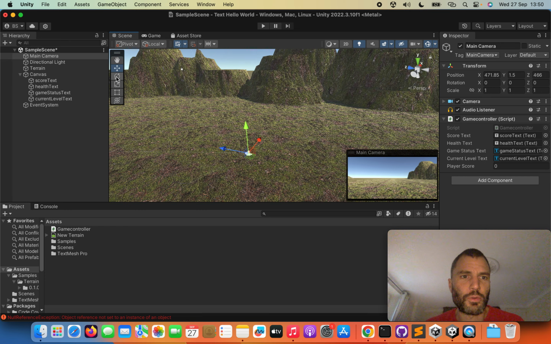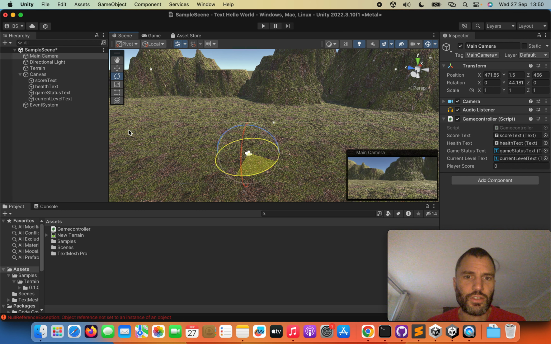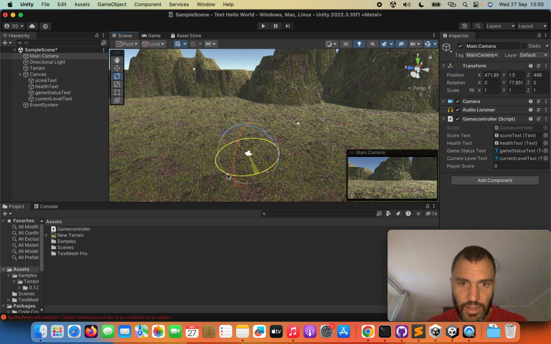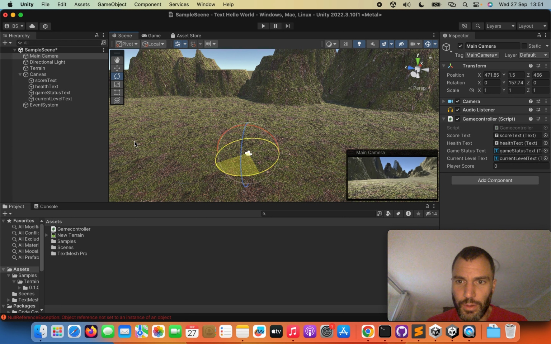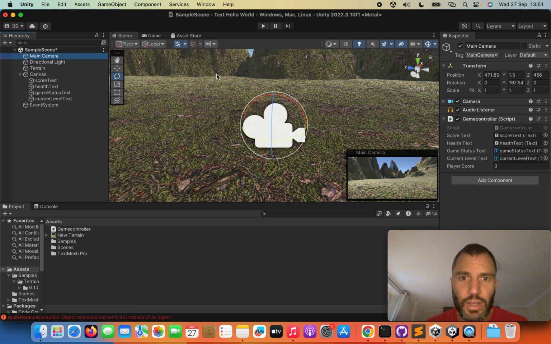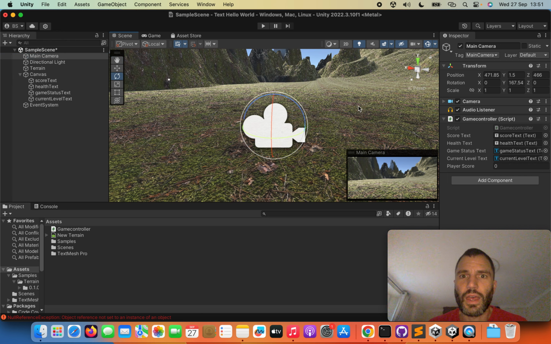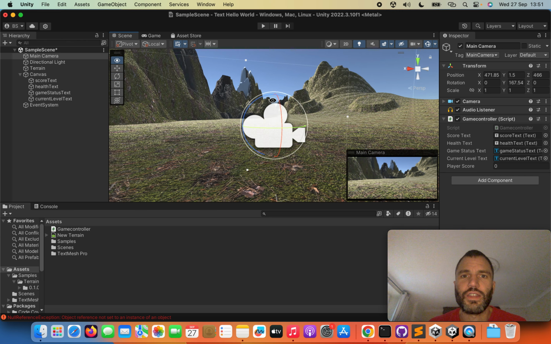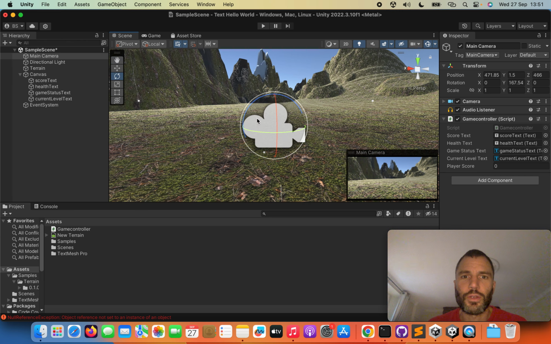If I wanted to turn around to get a better view, I just turn on the rotate tool and I grab the green one here like this, and there we go, we can see our snow covered mountains. And I double click on main camera again, press left Alt so I get the eye, and I can swing around and see the mountains. So right, the first thing we're going to do is create some shapes,